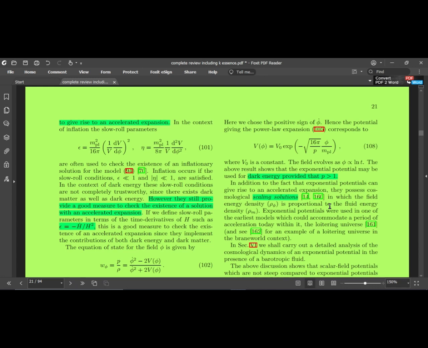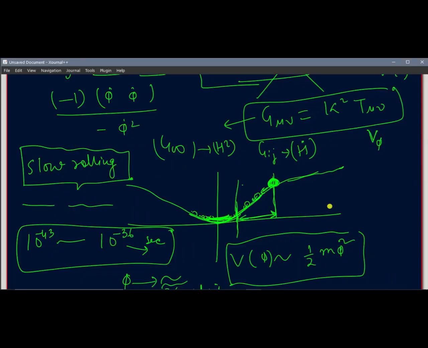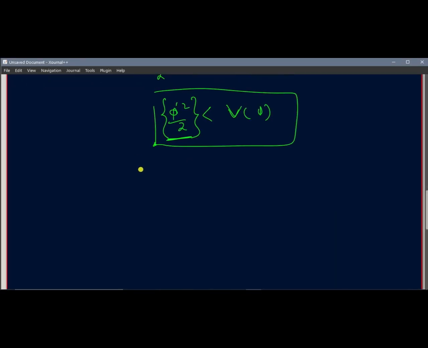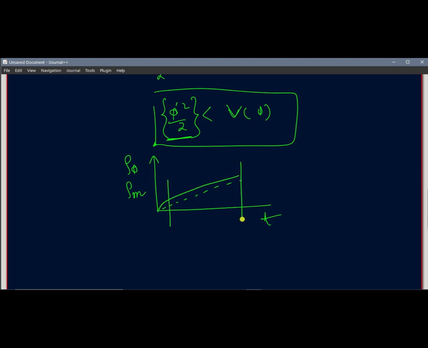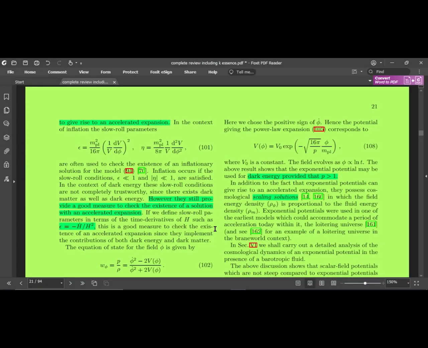As the density of the field is changing and this change is similar to the change in rho m, we can say that this solution corresponds to a scaling type of solution. So suppose for example we plot rho phi and rho m with respect to time, and suppose rho m is like this, and rho phi is also coming out to be like this, then we can say that in this region the solution is pretty much scaling because it is following the same pattern. The proportionality makes it scaled.